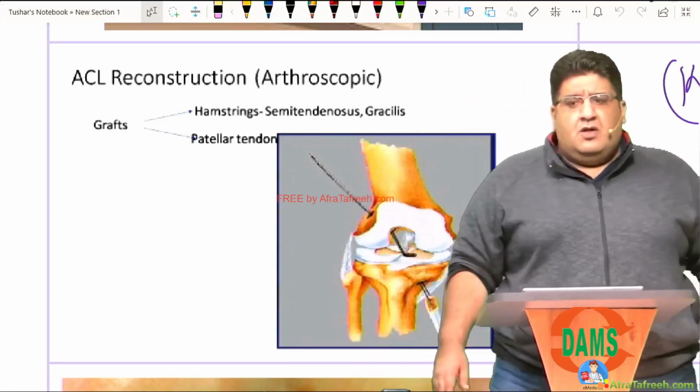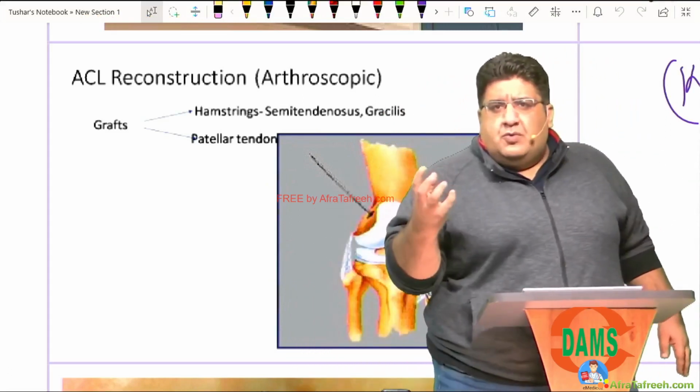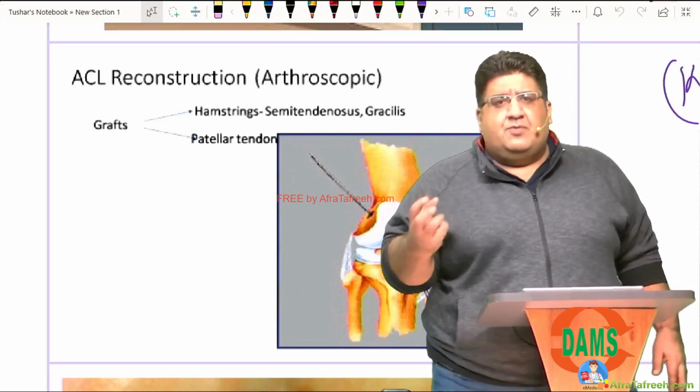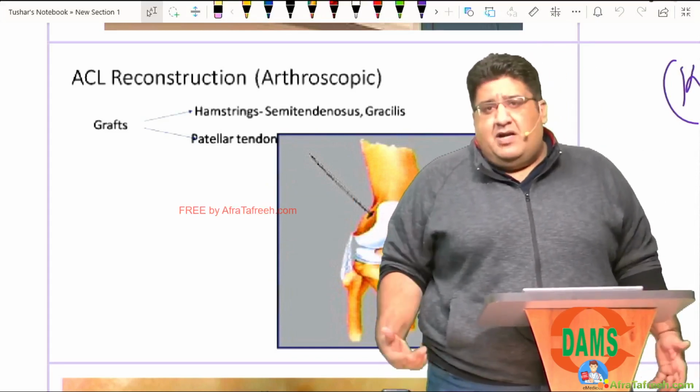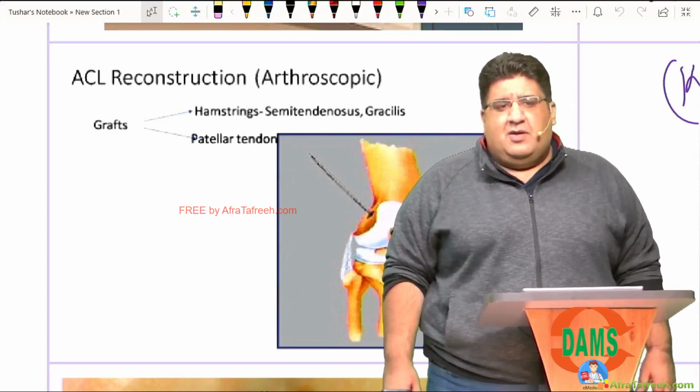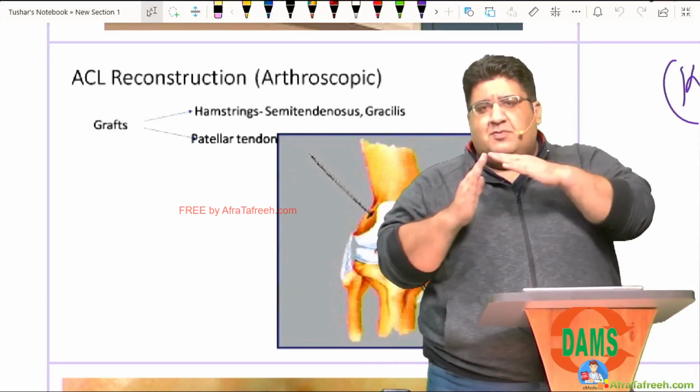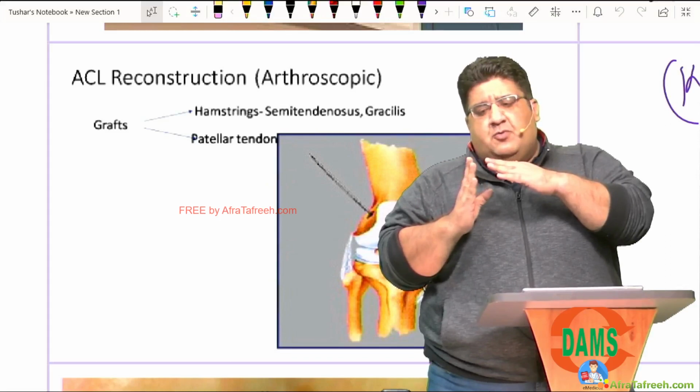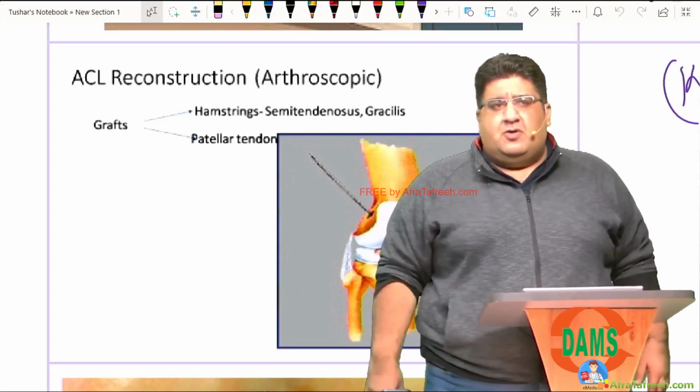He said, "Tushar, what do you think you can calculate from this?" In my head, I was thinking, maybe, "Sir, you have not done it appropriately. How is it possible that in this position you're able to pull the tibia, but in this position you're not able to?" I said, "Sir, I don't know."